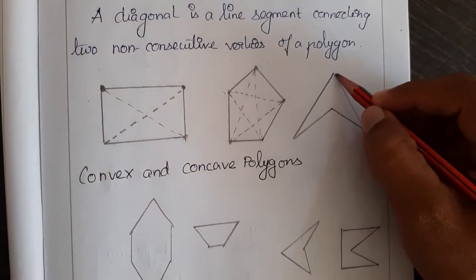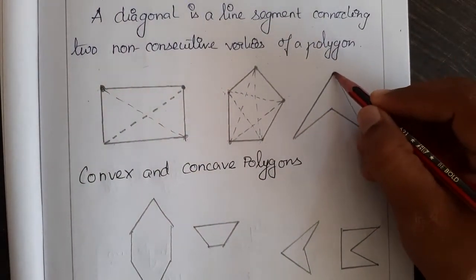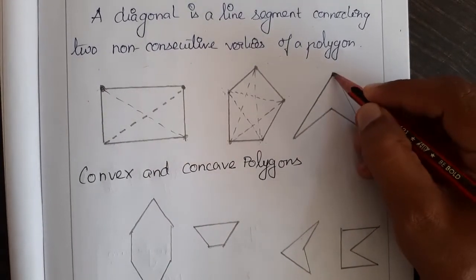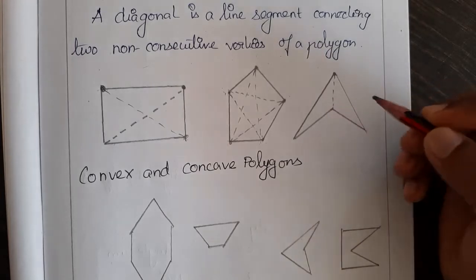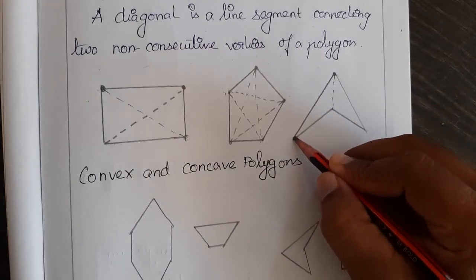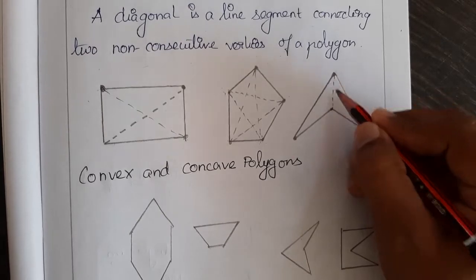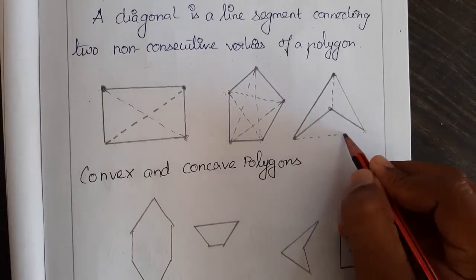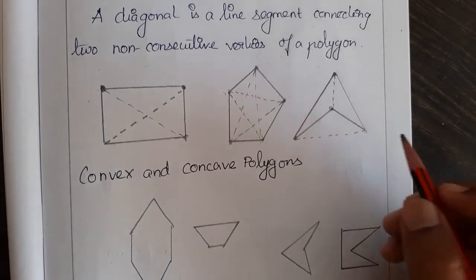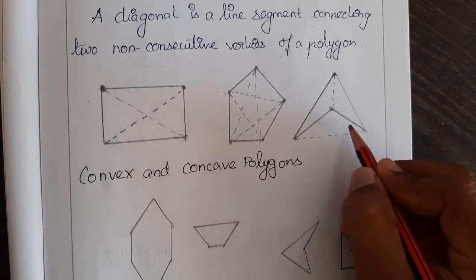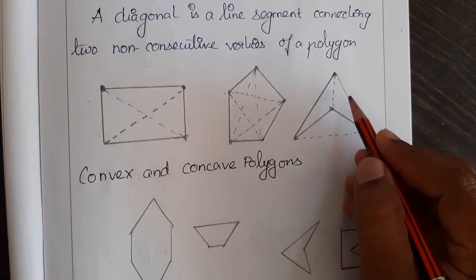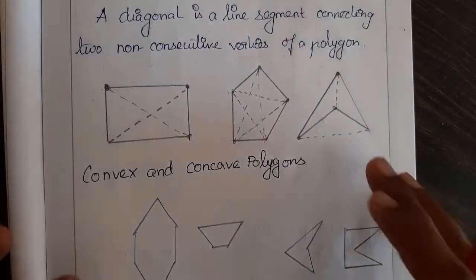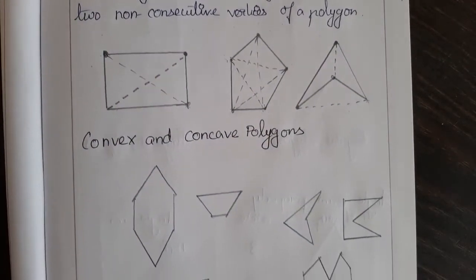And for this figure you will be getting an interesting result. For this, these two are consecutive and this is not consecutive. So let me draw a diagonal to this, and let me choose this point. These two vertices are consecutive and this is not consecutive. So let me join these two points. So we obtained a diagonal which is not interior, not inside the faces, it's outside, right? So that's what is different here. What we can conclude from this, we'll see next.